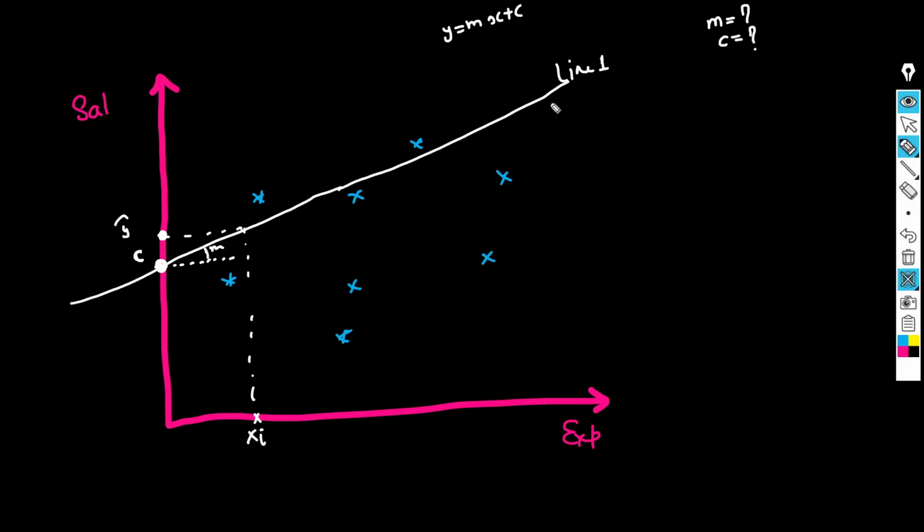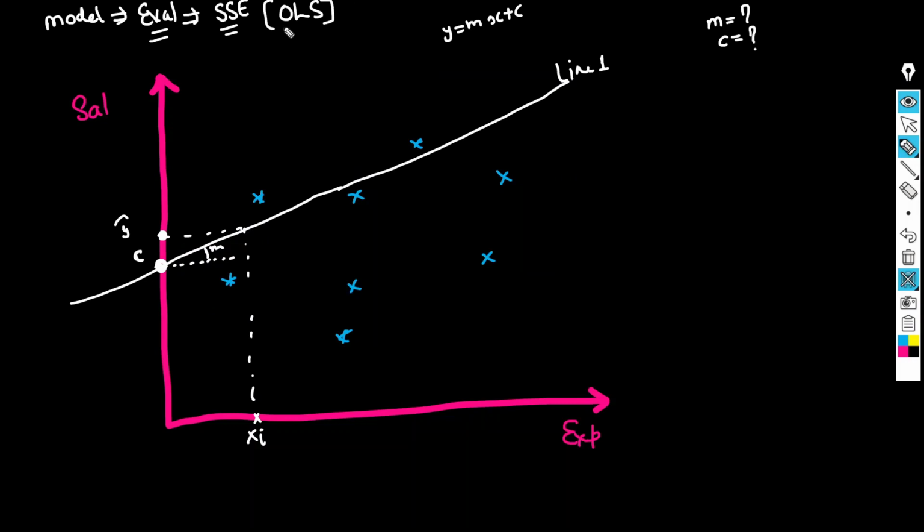For that we have to evaluate our model. We have created our model and we are going to test it. So how can we test or evaluate our model? For that we would need some evaluation metric. That metric is called the squared error, sum of squared error, and the method to get the evaluation metric is called ordinary least squares.